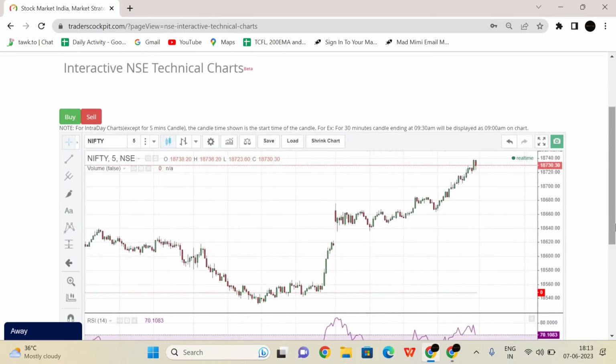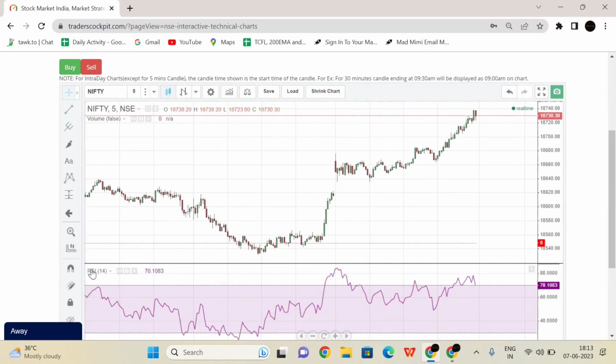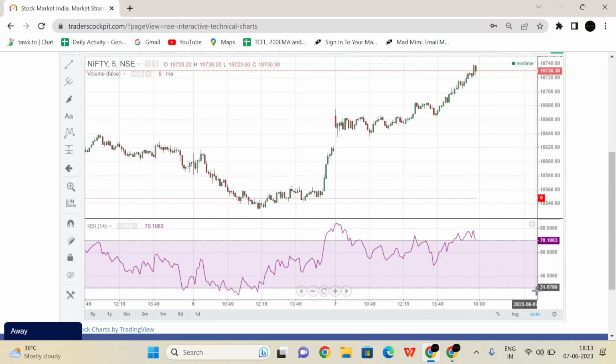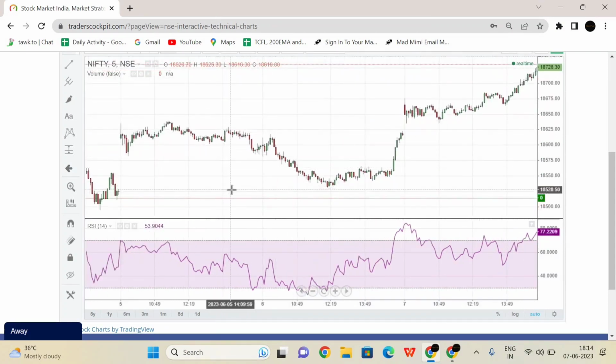This is the RSI indicator we have applied. At the bottom, you see RSI 14 by default. RSI is measured from 0 to 100 on the right-hand side, if you observe. But how do we use the RSI indicator? When the stock touches 70, we look for overbought, which means profit booking is going to happen. When RSI is 30, it's already oversold, and we try to look for a buying opportunity. So this is the basic level of RSI understanding.